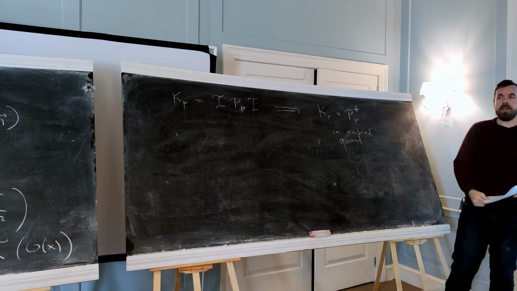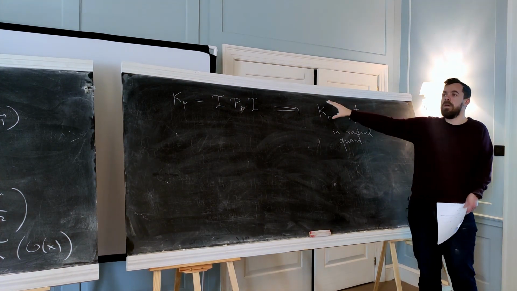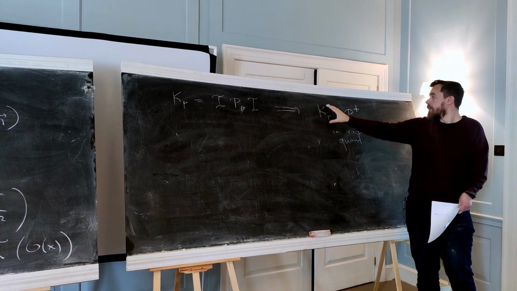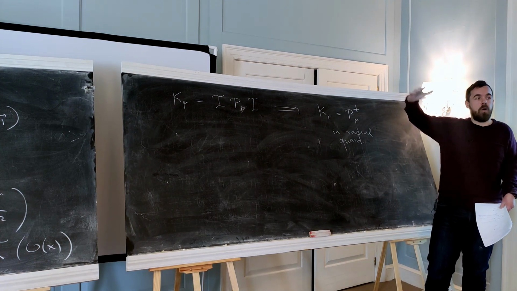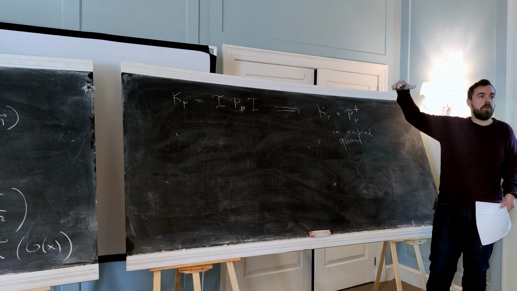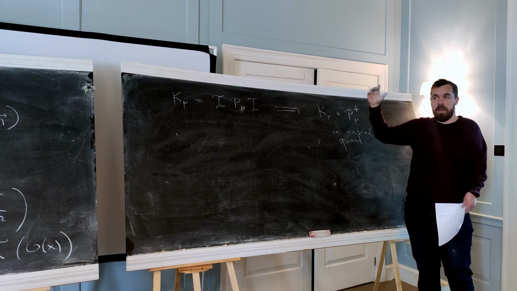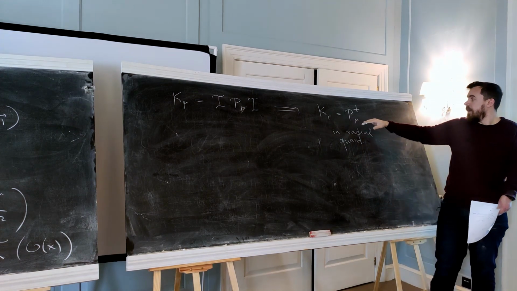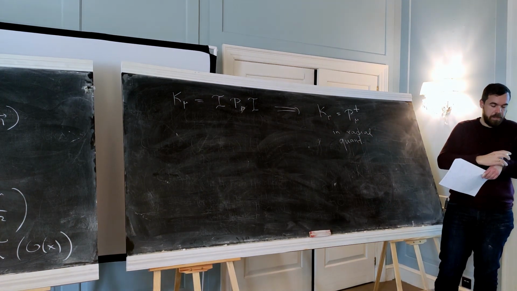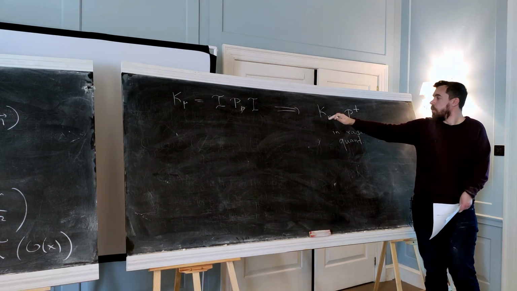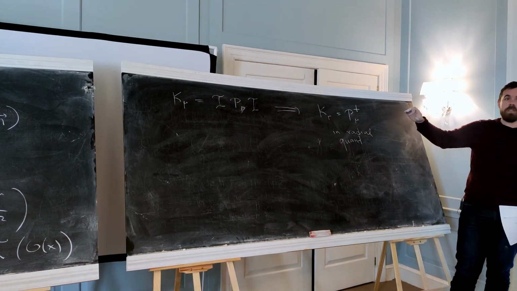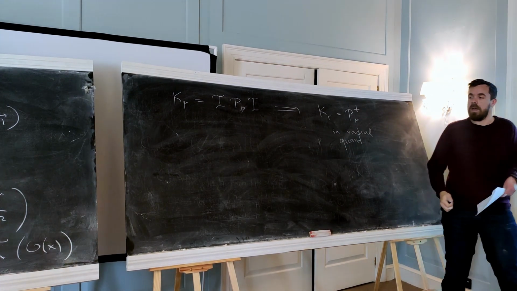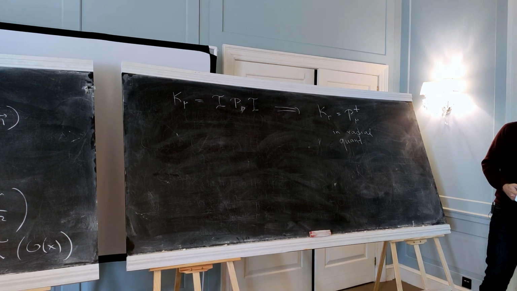And just like the a and a dagger operators in the harmonic oscillator, this K mu at some point will annihilate a state. That state will be the primary state. Acting with P mu on that state, you'll generate all the other states in the Verma module associated with the operators that you have in the operator picture. And you can define the norms of states now, which we'll do next time. And we'll see what constraints unitarity puts on the states that you define in radial quantization, which is the easiest way to discuss unitarity.